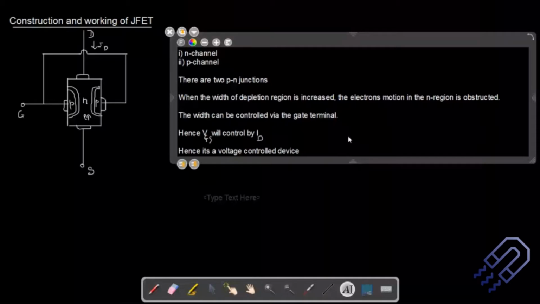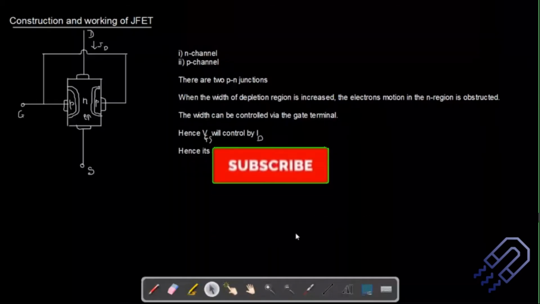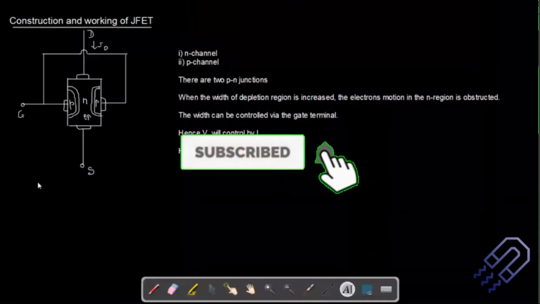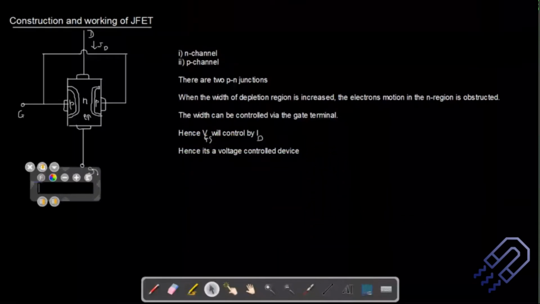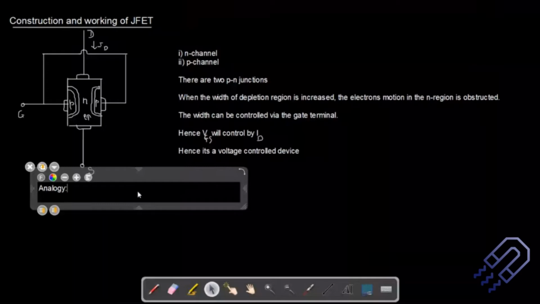Okay, now how do I really understand this? We can actually take an analogy. Okay, please don't concentrate on this analogy too much during your exam, because sometimes I've seen that you'll just concentrate on this because this is something which you understand. But when you write down these points, you have to understand the physics and write it down properly. Okay, so the analogy might be